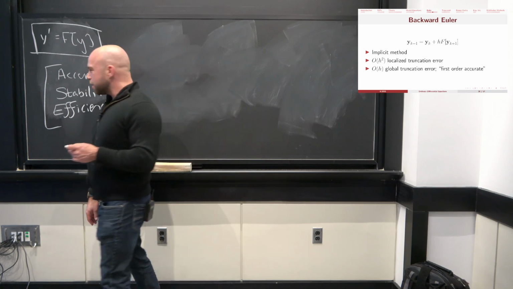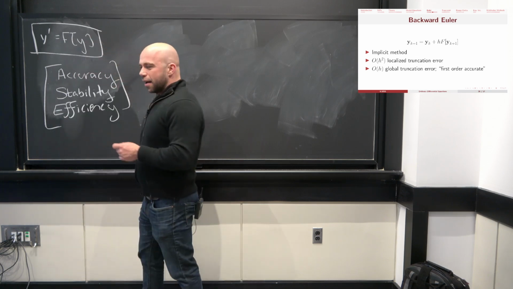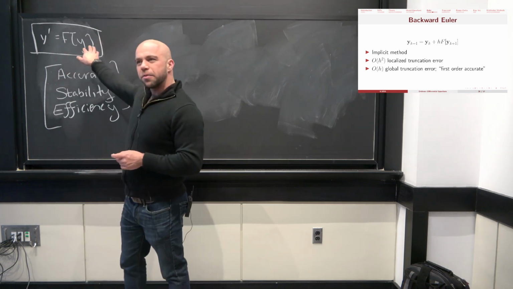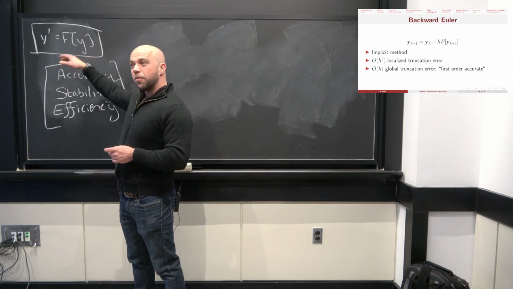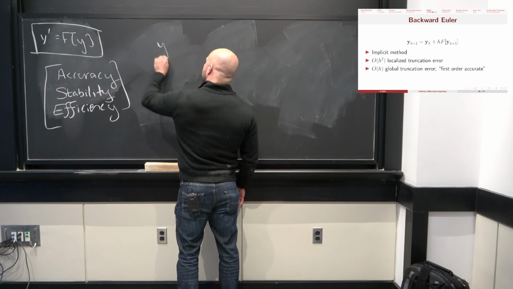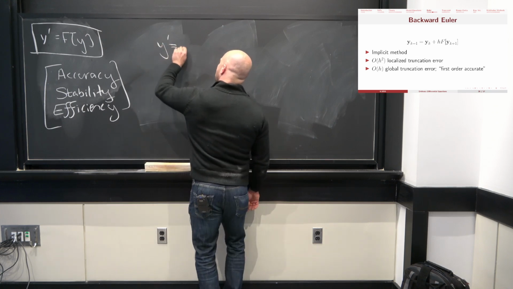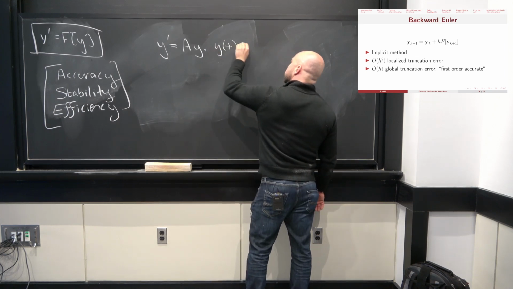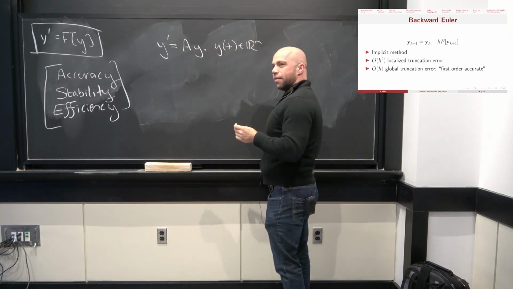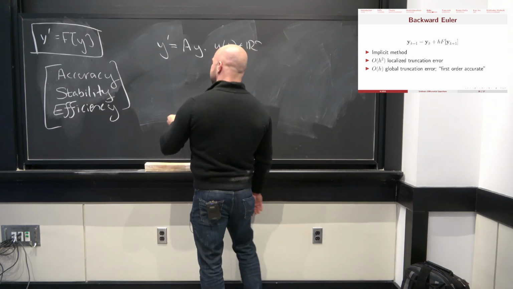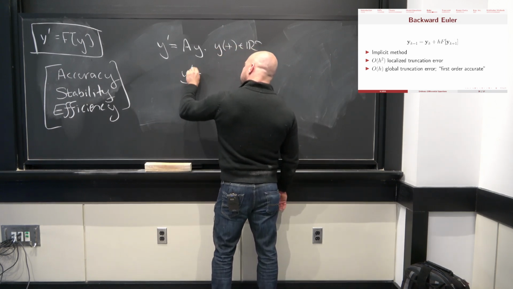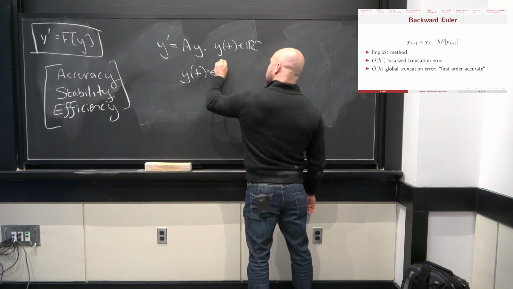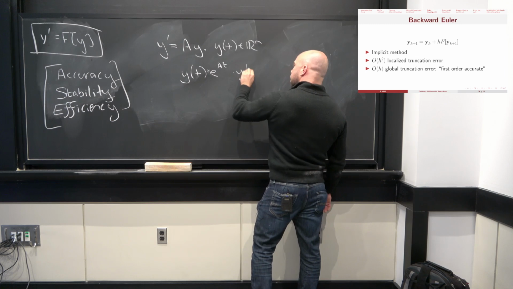So just to extend our story ever so slightly, for the most part when we talk about the model equation, we thought of y as a scalar. But of course, we can solve a slightly more general ODE, which is y prime equals some matrix A times y, where y of t is in a generic R^n. And the closed form solution to this is y of t